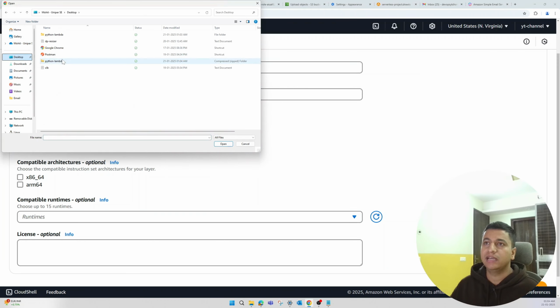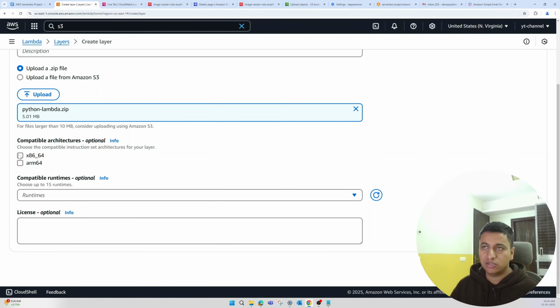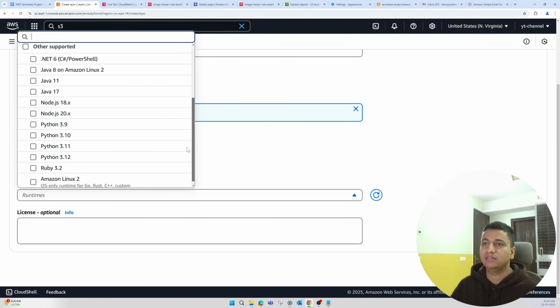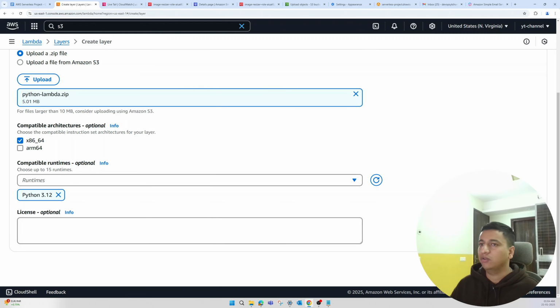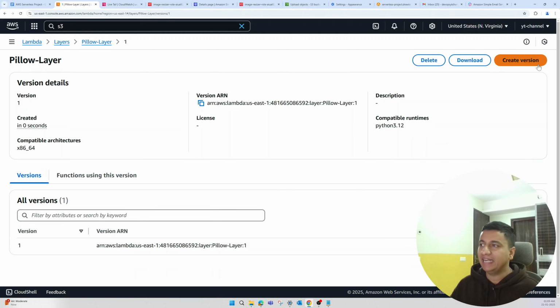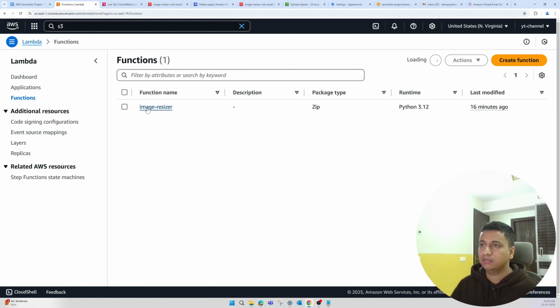It's on the desktop. This is it, and we have to select the architecture. Our Lambda is x86-64, so let's select that, and the runtime is Python 3.12, so let's also select that. Click on create. So our pillow layer is ready. All we have to do is link this layer with our Lambda. So let's go back to Lambda